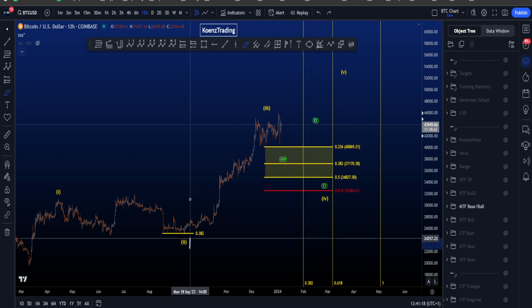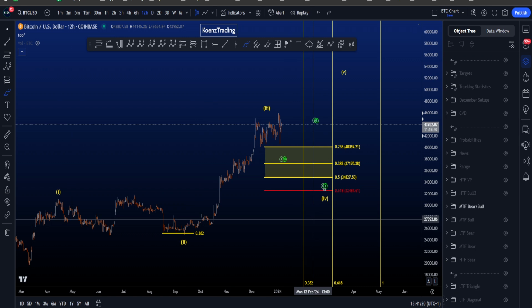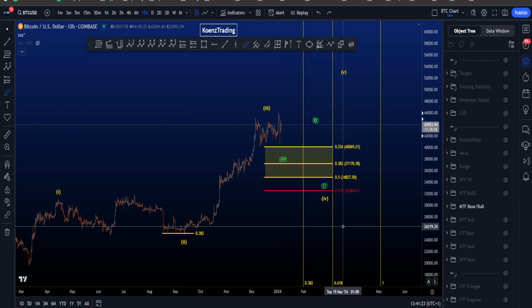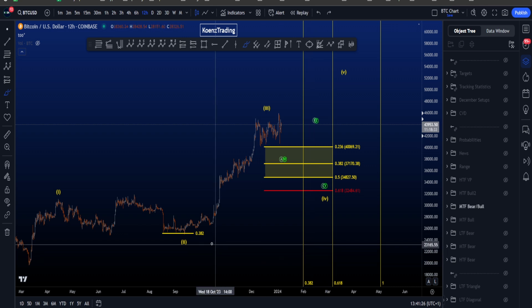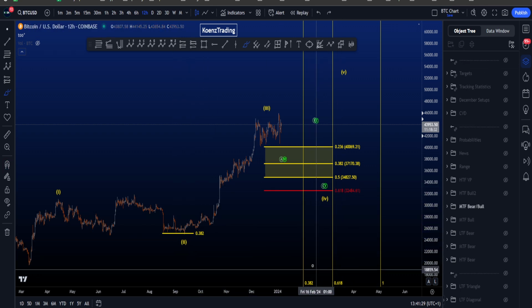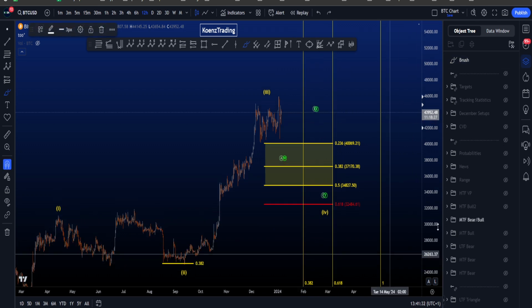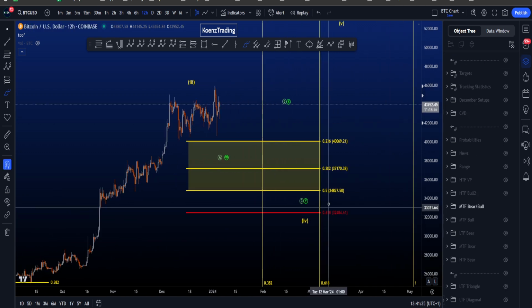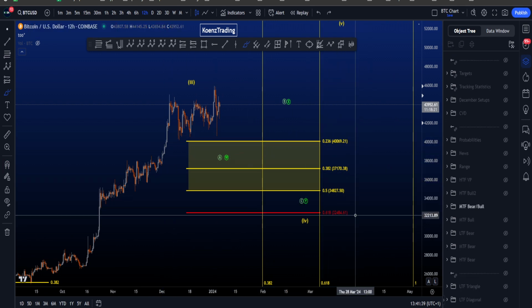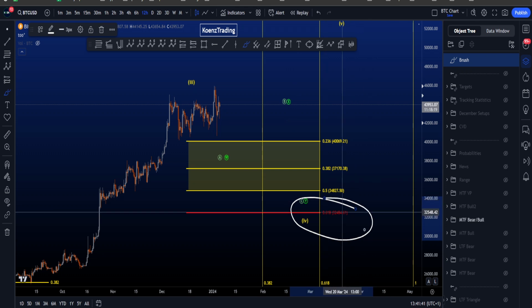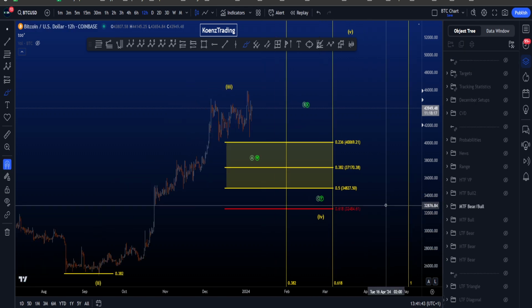Reason being that this wave 2 was very shallow and very long, so a wave 4 can be more deep and short, and this would be a short target. And also usually the relationship between 2 and 4 is at least the 0.382, usually even longer, but the 0.382 would be a minimum for me. The common target area for wave 4 over here is between 40k and 34.8k, with the invalidation, the 0.618, at